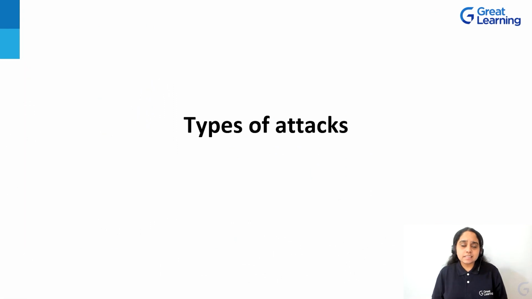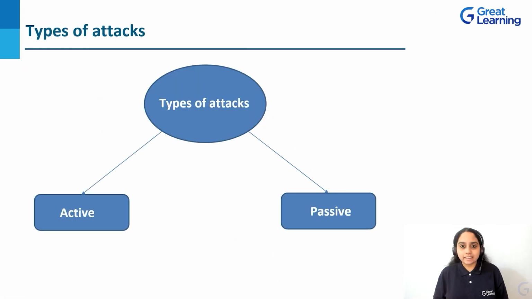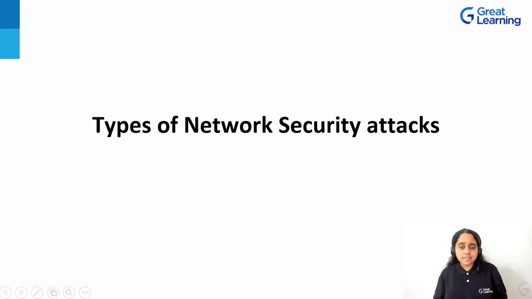So, we will be discussing two types of attacks, and they are active attacks and passive attacks. Active and passive attacks are basically security attacks. In active attack, the attacker alters the messages, whereas in passive attack, the attacker observes and uses the content of the messages to perform various malicious activities. In active attack, the victim gets to know once the attack is performed, whereas in passive attack, the victim is unaware.